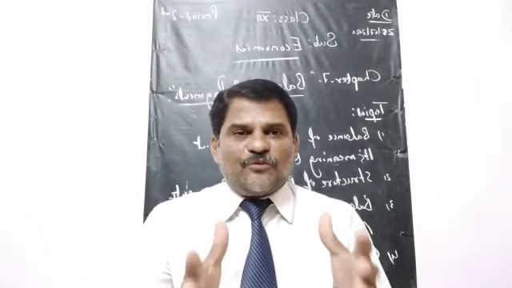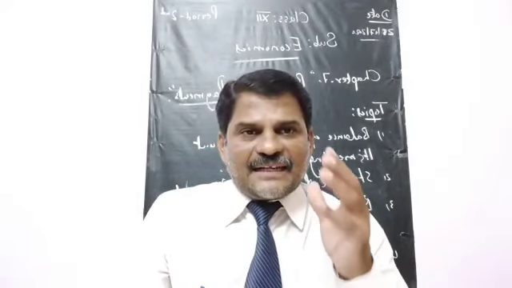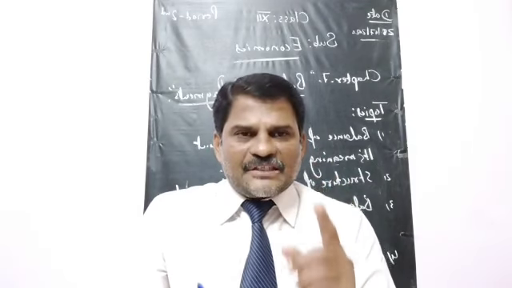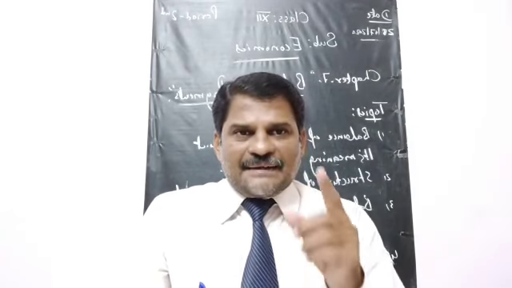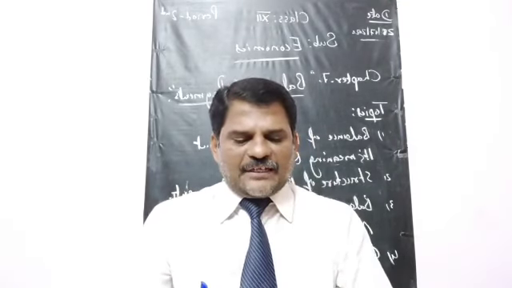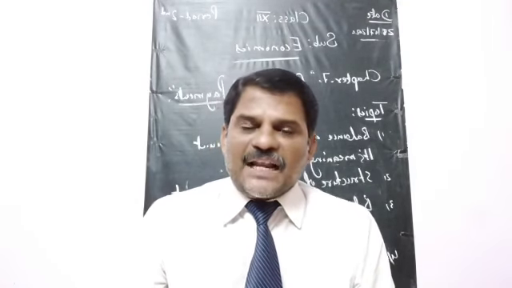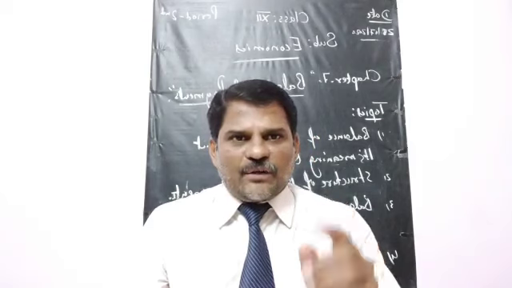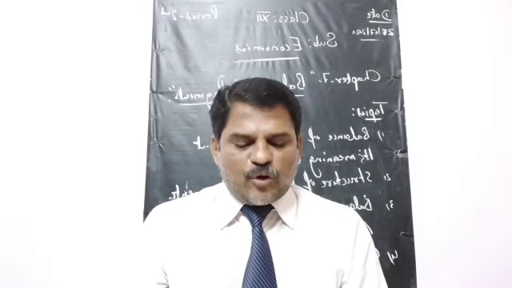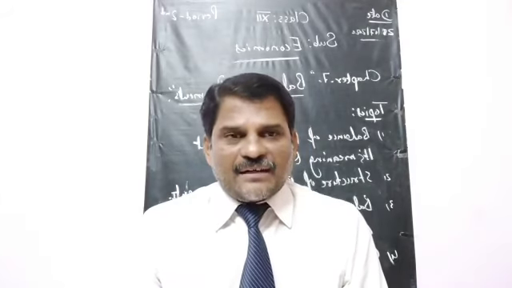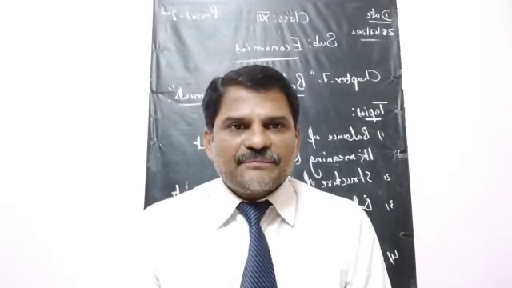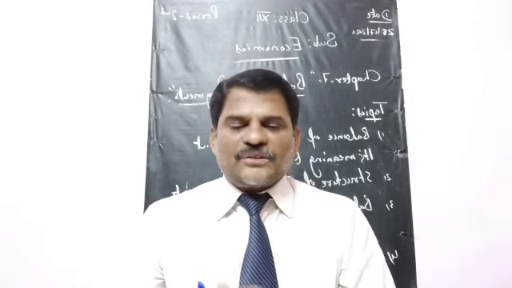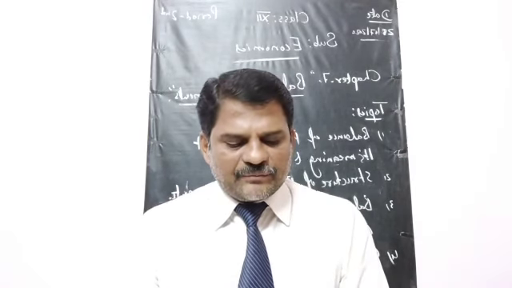Now, suppose you want to say what things are included in the balance of payments on capital account: foreign investment, borrowings and net deposits by the NRIs, one, two, three. Students, you have one doubt, that is foreign direct investment or portfolio investment and errors and omissions. What are these? I will explain this in the coming period, since time is running out. Today we are covering up to this much only.